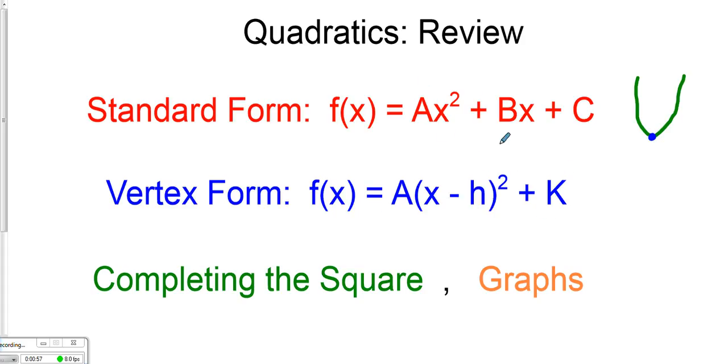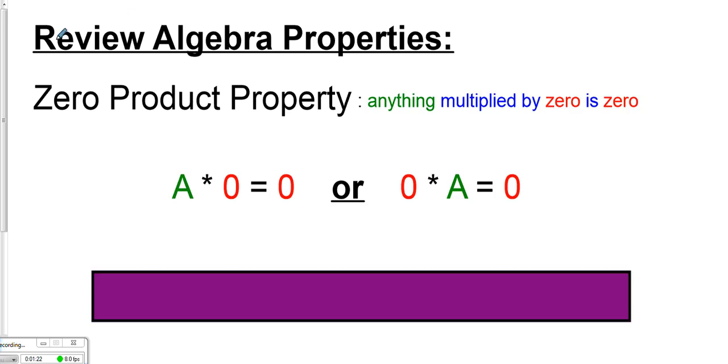So if you can manipulate this form into a times the amount x minus h squared plus k, you can find this vertex at (h, k). We also talked about how we can use completing the square. Again, that was one of our ways to go from the standard form to the vertex form. And we discussed how to make graphs. Again, like graphing this parabola and finding the vertex. This week, we're going to talk about solving some of our